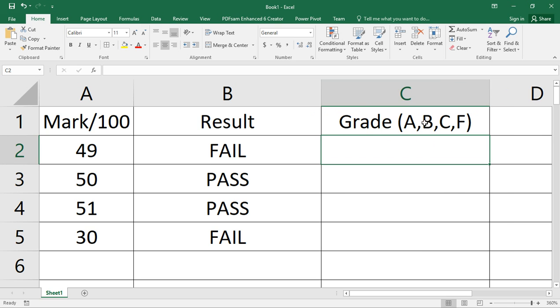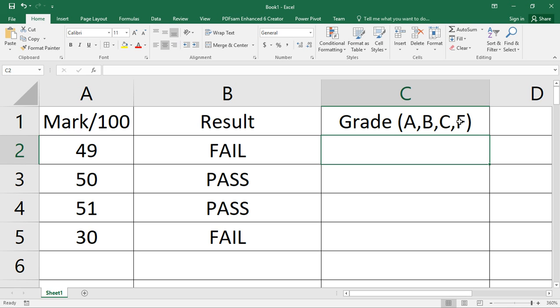So that's the grade. So grade is A if the mark is above 75. The grade is B if the mark is above 60. The grade is C if the mark is above 50. It's above 49, which is 50 or above.